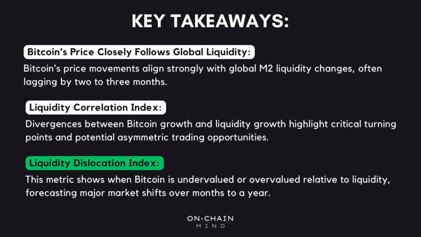to a year. All in all, these metrics give us a clearer, data-driven picture of Bitcoin's price action and where we currently stand in the cycle. Right now, global liquidity is expanding rapidly, and despite Bitcoin's recent surge, the price hasn't fully caught up to its long-term trend. This suggests we're still building momentum ahead of another major rally. Understanding the lag is your key to avoiding jumping the gun and positions you to capitalize when the tide finally